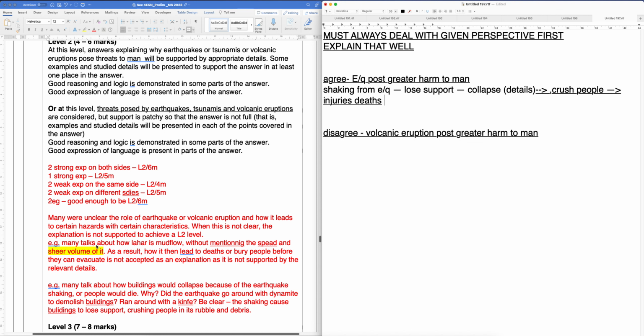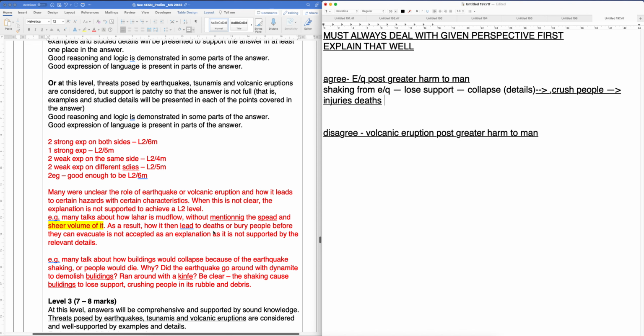Another example of non-harm. Some of you dump the whole paragraph about economic damage. They lose their jobs, lose income. Why is that a harm? A lower standard of living is not a harm. They're not injured. Then the worst, some of you talk about how because they have less income, they cannot buy luxury goods. How is not buying luxury goods a harm? So please focus your explanation on the question. Then you will see that you write less and can get a lot more marks.